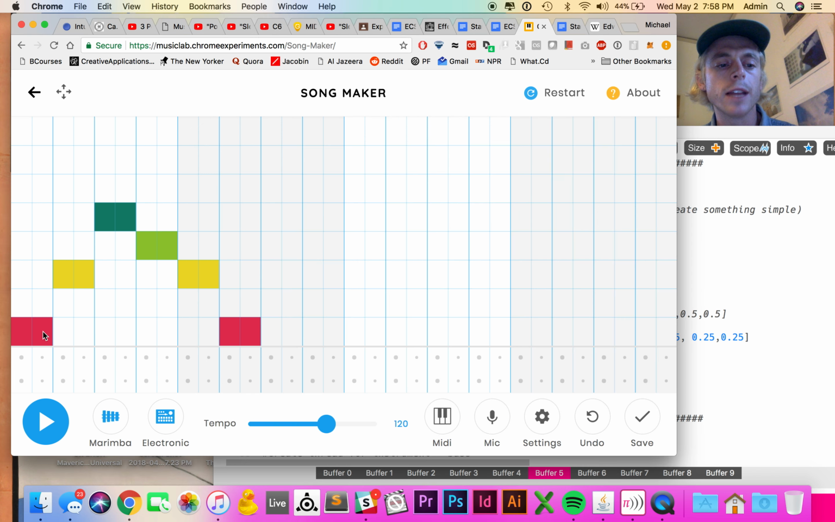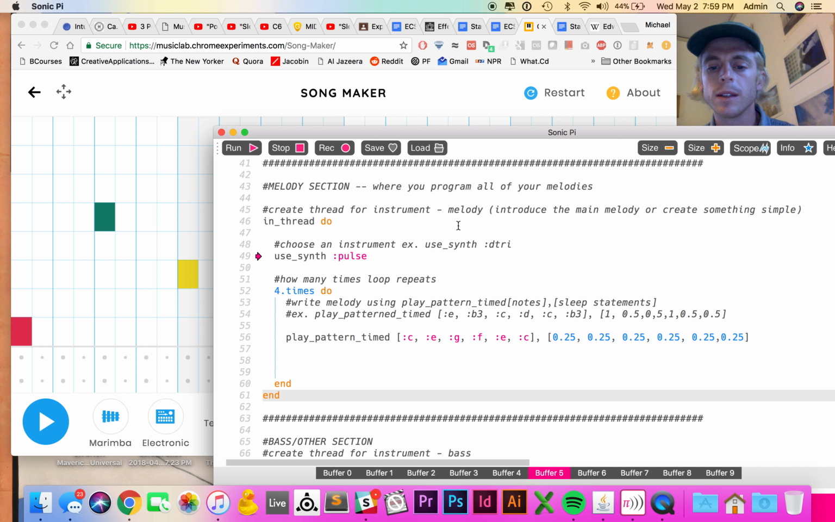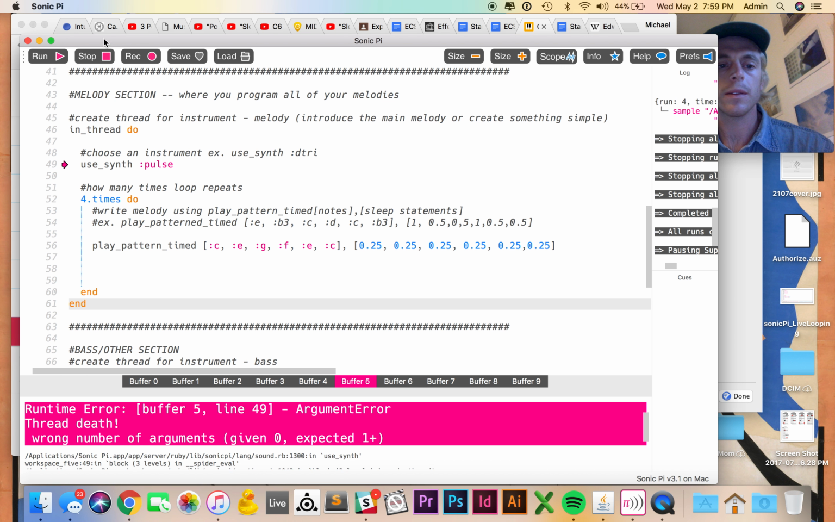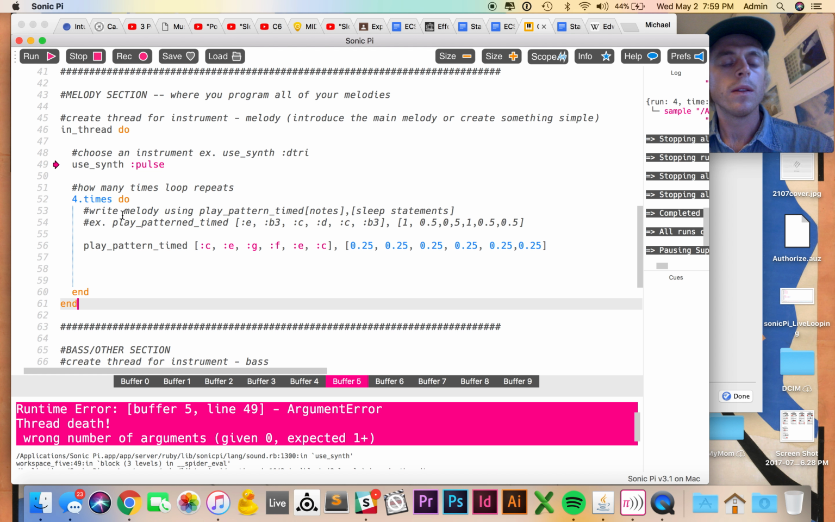If my melody looked like this, there would be 0.25, 0.5, plus 0.5, a whole second in between each note. So you're going to need to count out what your sleep statements will need to be before you play the next note on your own. So let's listen,